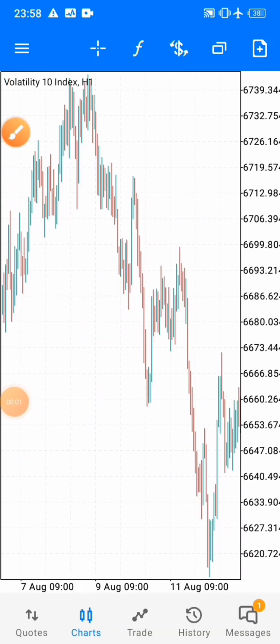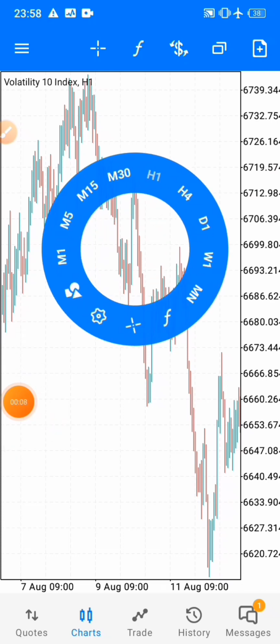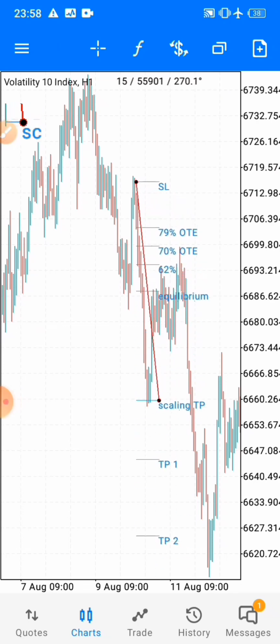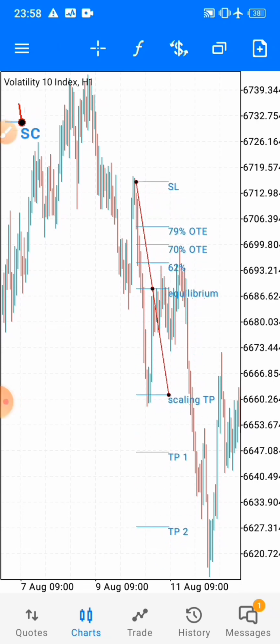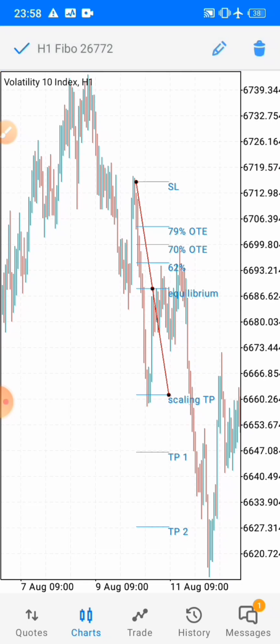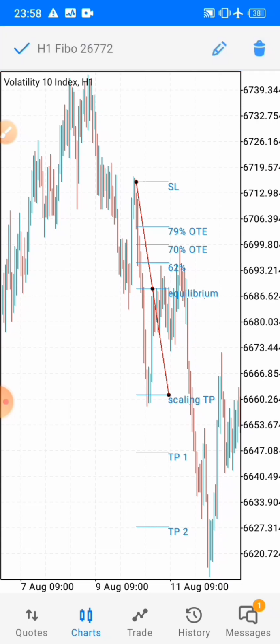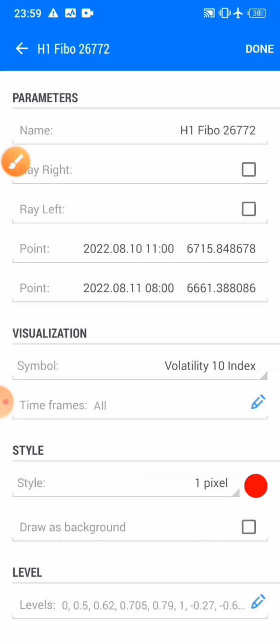Now for the fourth part of this video, adding the levels. Most of you don't have the Fibonacci marked up like this. So right here, firstly take your Fibonacci and draw it. It doesn't matter the levels. And then, in order to edit these levels, you have to long press the Fibonacci, long press, and go to this pencil right there,